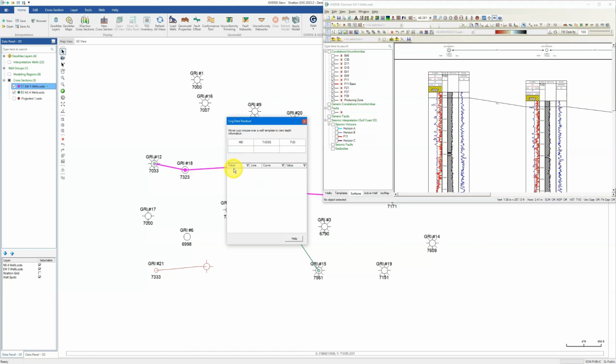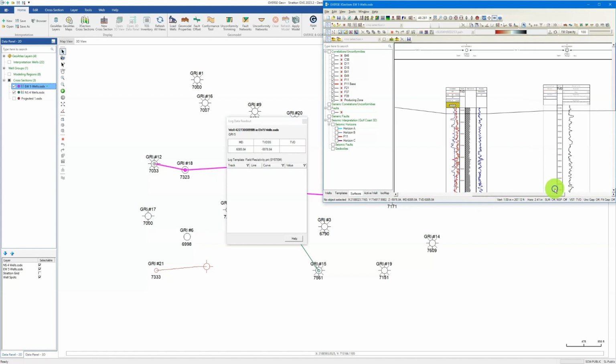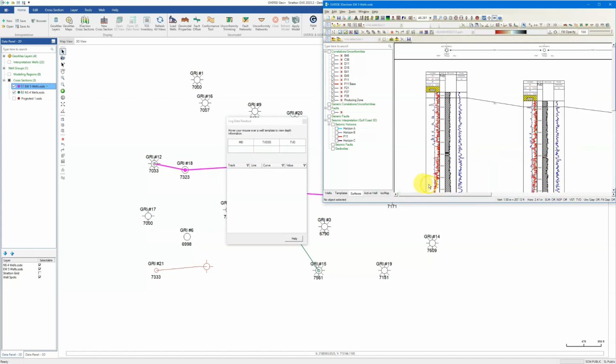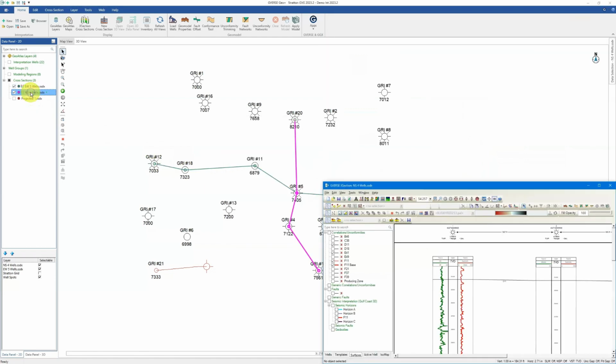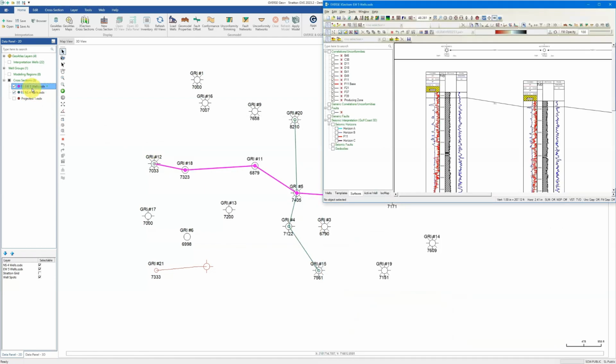Now it does list your track. It gives you a preview of the line, so you know exactly what all of this is doing. It also lists the name of the curve, any alias that you're looking at, and basically helps you figure out what those values are for any of the wells that you have in your cross section. And this works across different cross sections too. So if I were to bring this one up here as well, sorry, I just want to